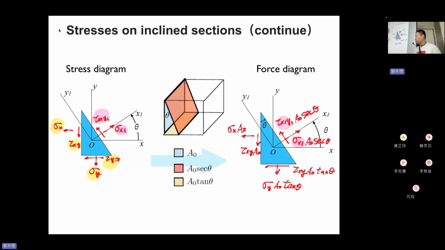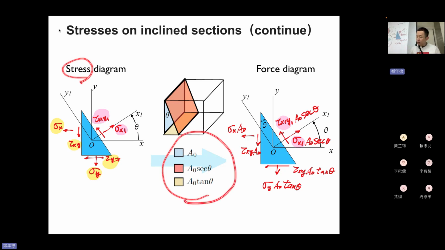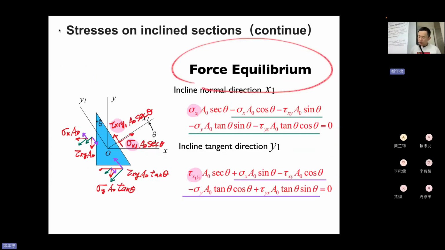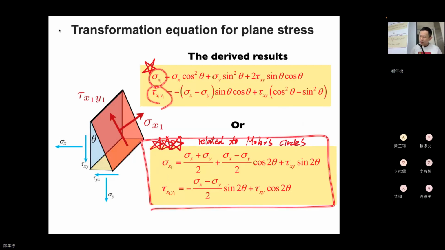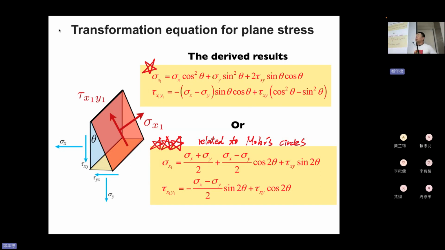We do a typical proof: make the stress times its own area to become force, then do force equilibrium to get sigma x1 and tau x1y1, and we prefer this formulation because it will relate to